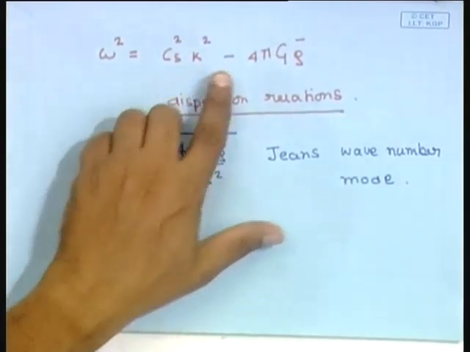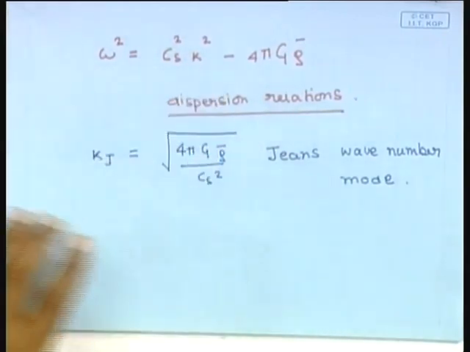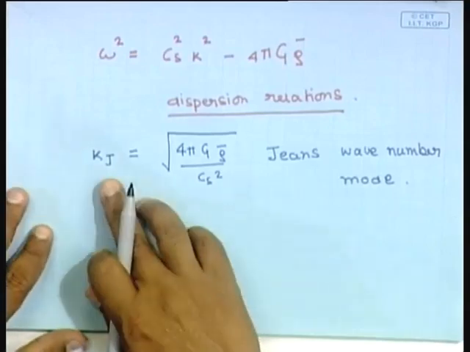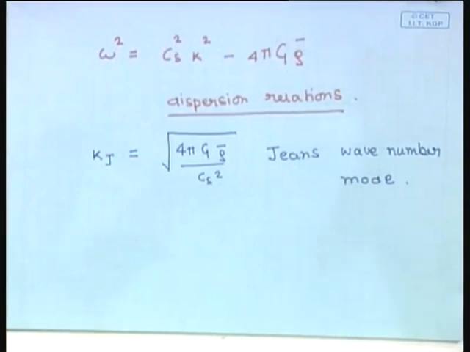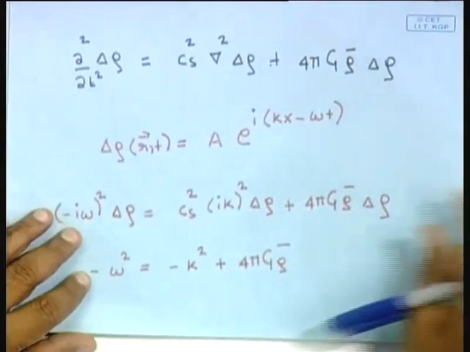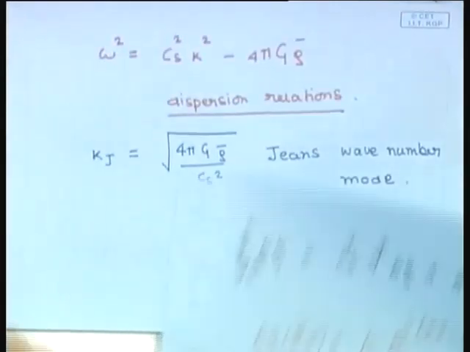So if the wave number K of the trial solution that you have taken has a value equal to this Jeans wave number, then the angular frequency is 0. This is a solution that doesn't have any time dependence at all. If the angular frequency is 0, the time dependence vanishes. Okay. Now